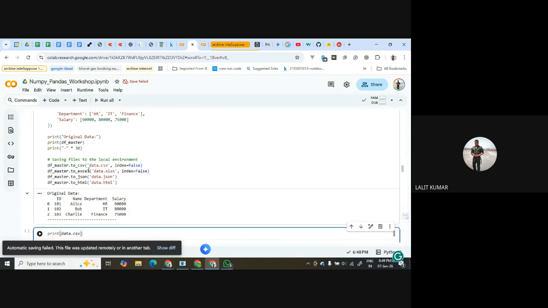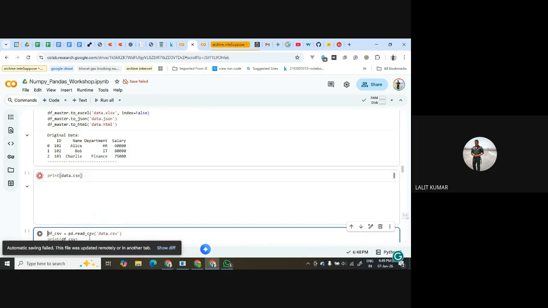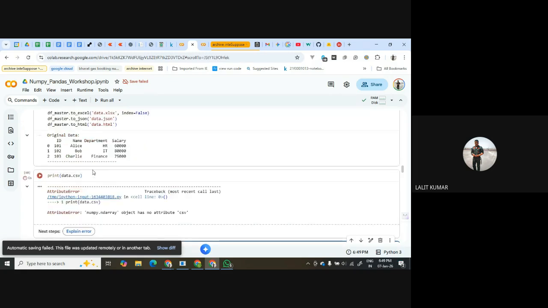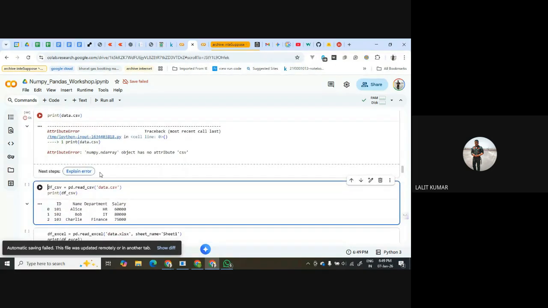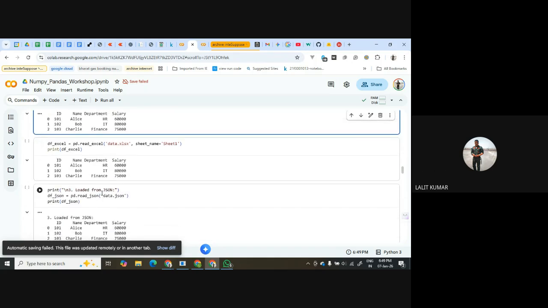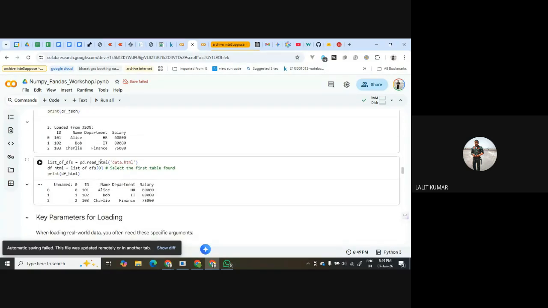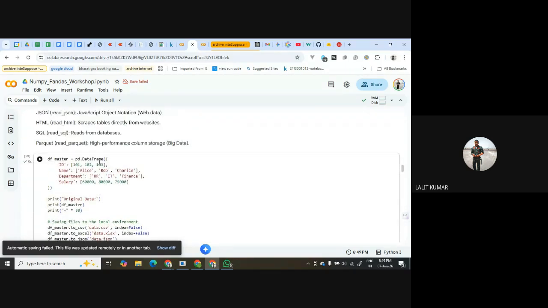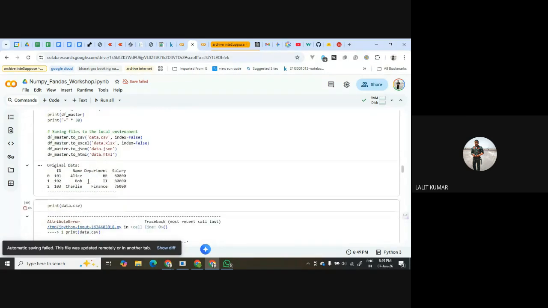So if I want to see what is in data.csv, I cannot read it because I need Pandas to read this. So for that, in Pandas, the command is pd.read_csv. CSV is for CSV files. If I want to read an Excel file, then you have to use read_excel. If you have to read a JSON file, you have to use read_json. Or you have to read an HTML file, then you have to use read_html. So we have made all these 4 files, and using this we can read that.